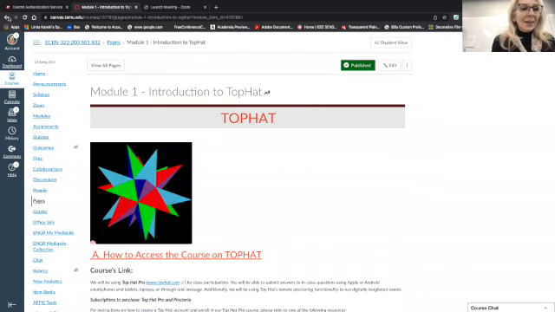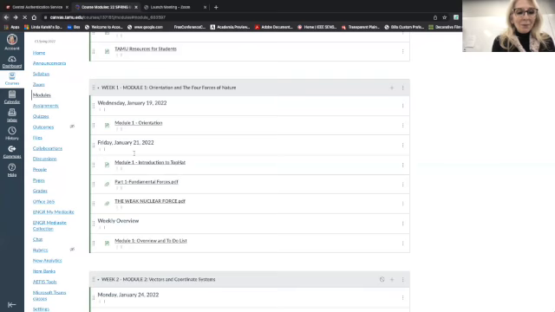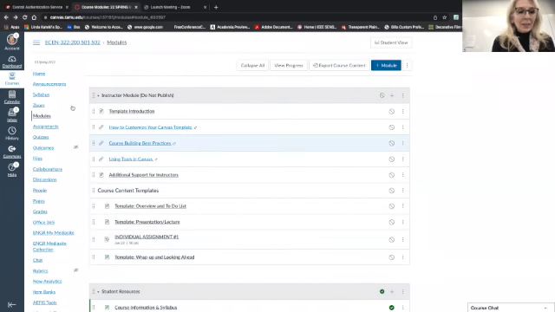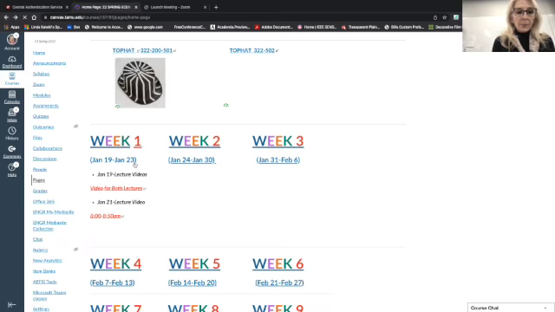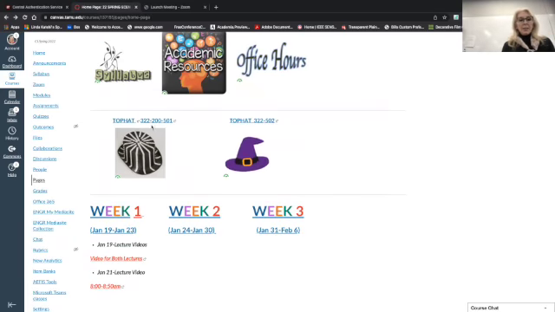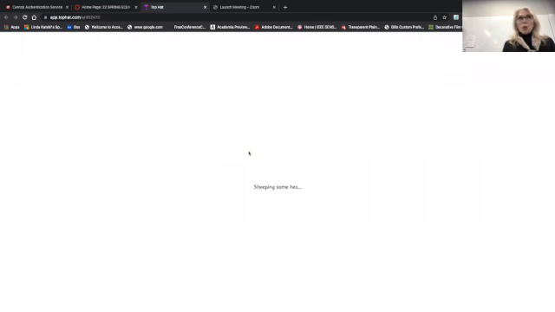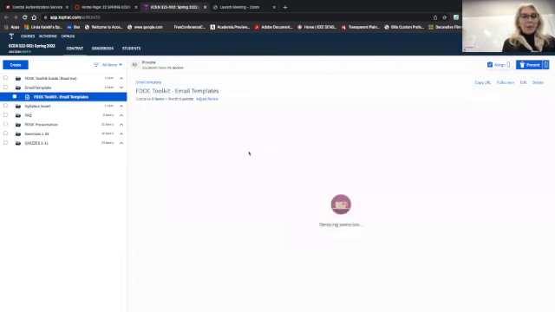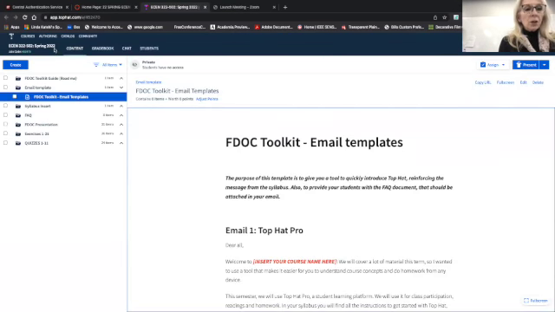Not that, excuse me. That is the orientation Top Hat. I have to go one page back. Okay, so here, this is where you get the direct connection to Top Hat. This is the second one. And that is going to take you to your own section. Make sure that it is your own section, all right, when you connect.